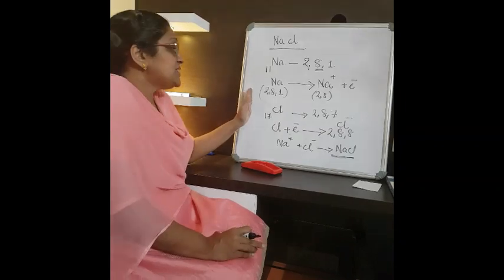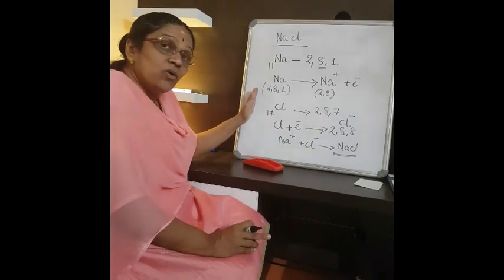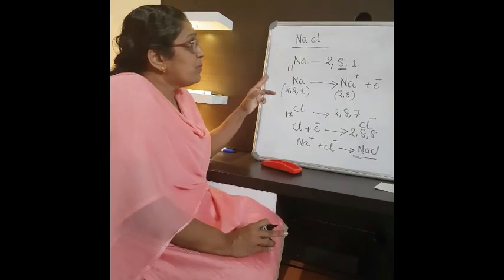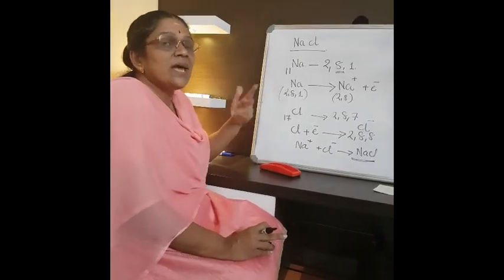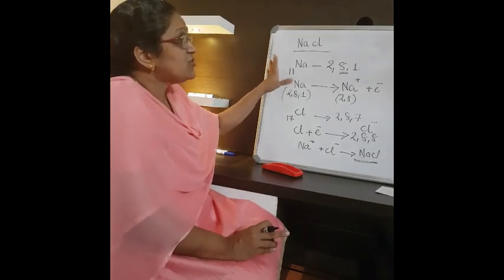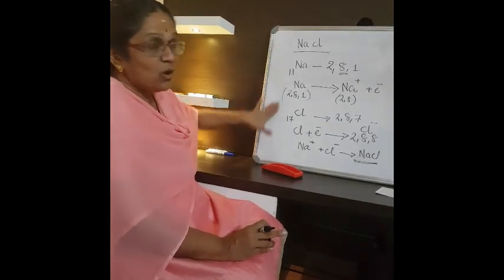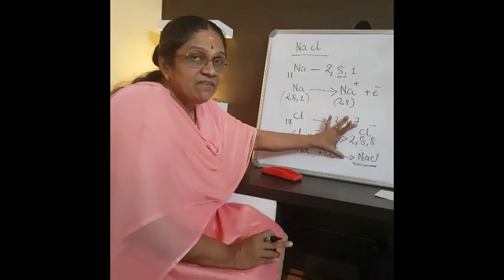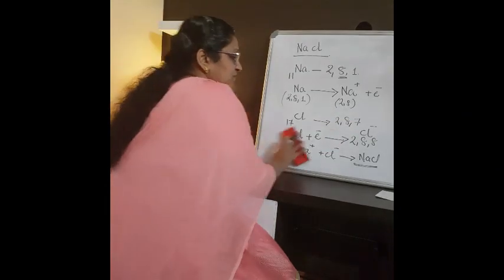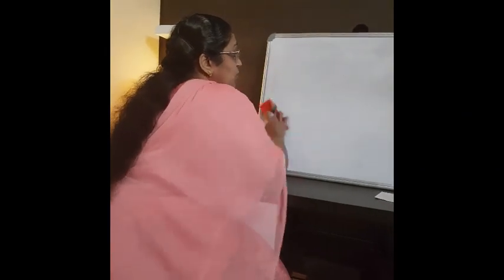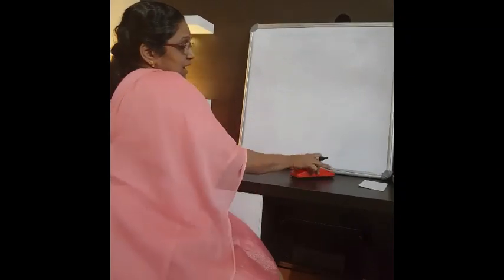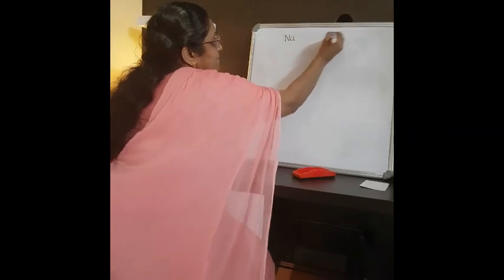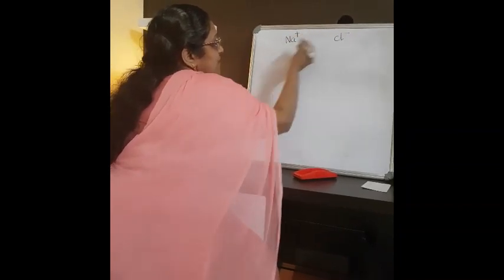Correct? Now, in board exam, the question will be asked, draw and explain the formation of ionic compound NaCl or MgCl2 or calcium oxide, whatever. Okay, so we have to draw it. Now you got this much, how to write the electronic configuration and the stable electronic configuration, making the positive and the negative ion. Okay. Now we will see how we can draw the formation of the ionic compound. You know sodium as well as chlorine. Na plus and Cl minus.